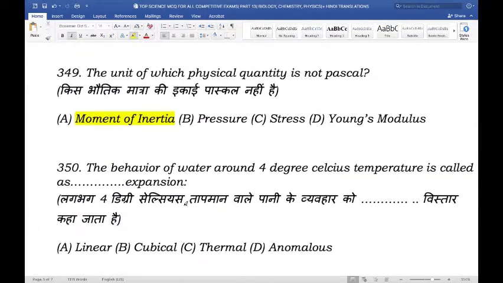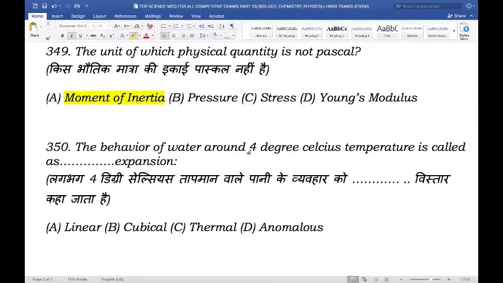Next question. The behavior of water around 4 degrees Celsius temperature is called as blank expansion. So is it linear expansion, cubical expansion, thermal expansion, or anomalous expansion? The right answer here is